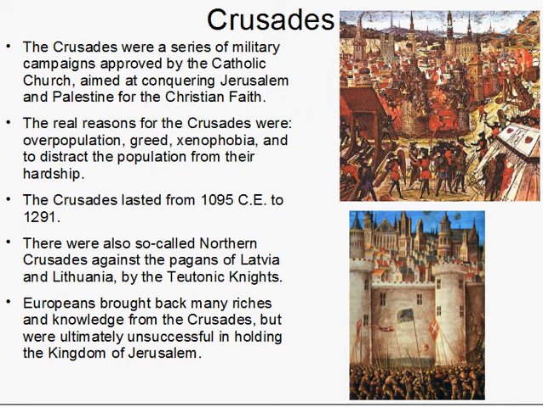Europe, as I mentioned, was under the feudal system at the time. And the system worked as long as there was enough land. But when there isn't enough land, then you start to have a problem. And Western Europe was starting to have that problem. There were too many people, in a way. Too many people to feed, too many people to have land. They had to go somewhere, otherwise there's going to be a lot of problems. By pointing these landless people at Jerusalem and the Muslim world, it helped channel these social problems away from Europe. So the real reasons for crusade were really overpopulation,